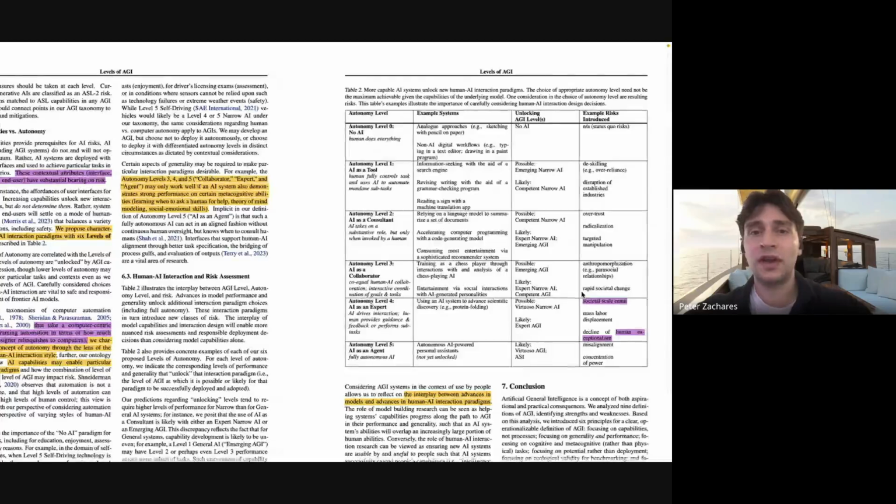So for analyzing risk, the key concept that they talk about is that we need to think about it in terms of the level of deployment, or the way that we deploy it, which they call autonomy levels. Everything's in terms of interacting with humans. So no AI is when a human does everything. AI as a tool is when we're using AI, but we're mainly the ones guiding the process and the decision making. AI as a consultant is when you would use an AI to help make decisions